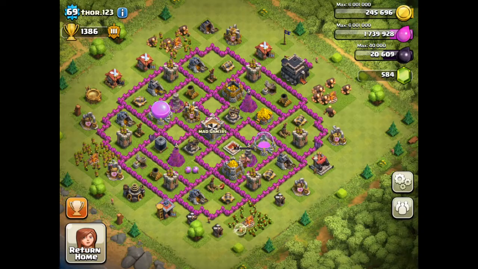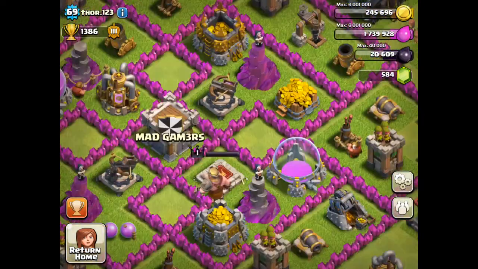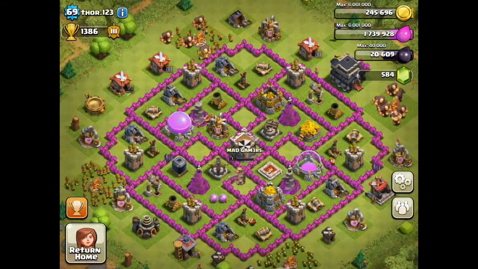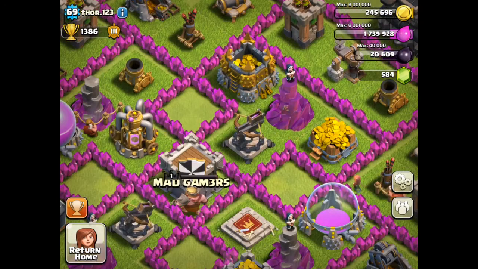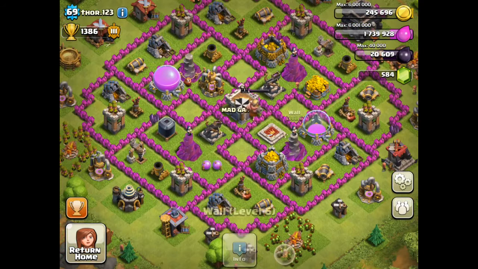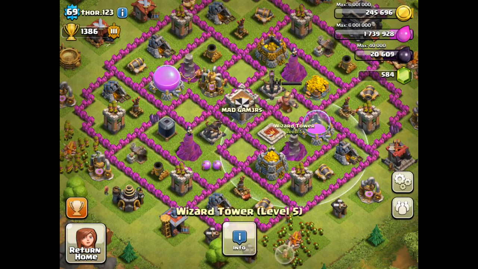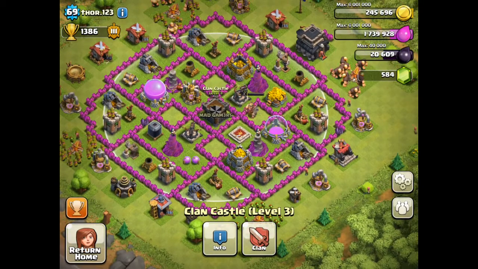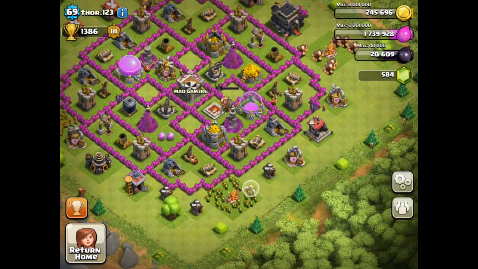So let's just get on with the base. I just want to talk about the base altogether. You've got hidden Tesla spots right here, which can and can't be effective. Right now they are effective because they're just taking up space and dividing your compartments, which are your 4 main compartments right here. And that clan castle placement is just amazing. If you had that filled up with archers all the time, that must be like 50%